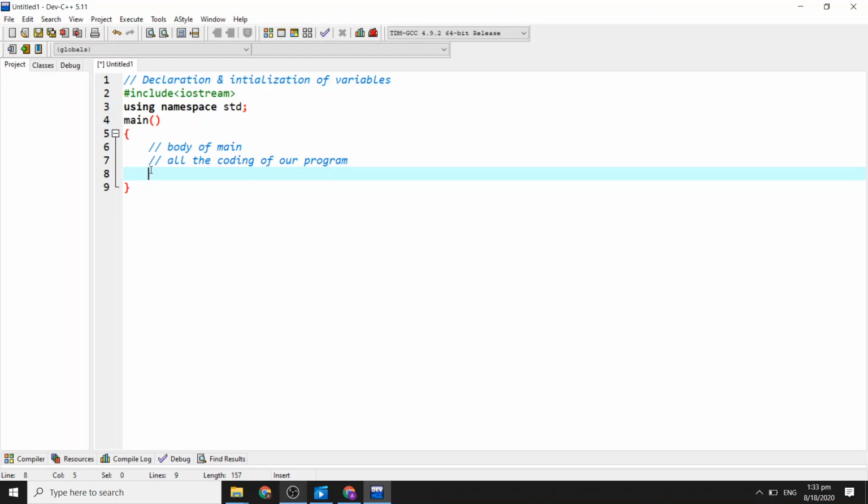The variables that are not declared we cannot use, and our compiler will display an error message. You can declare a variable at any point. It is not necessary to declare it at the beginning of the program, but before using those variables it must be declared.